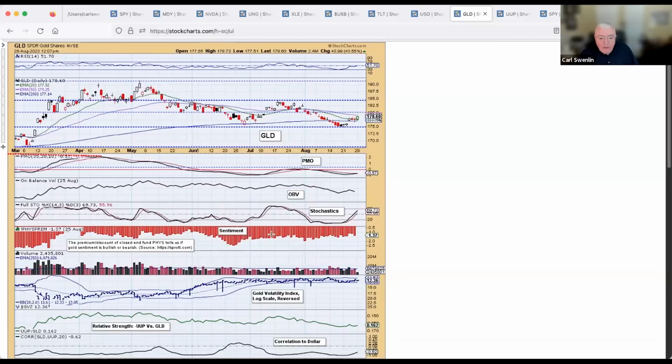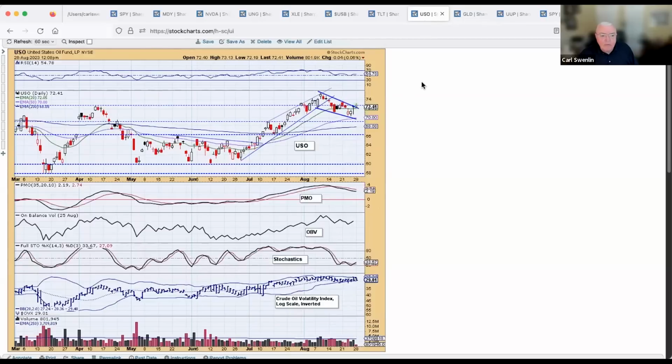We're still showing bearish sentiment in gold, which is a good thing because that's where buyers can sneak in, even when it gets to be in the green again. It should have some distance to go to the upside. Crude oil, well, earlier it had broken above the top of the falling wedge formation. So basically it's stalled right now on the declining tops line.